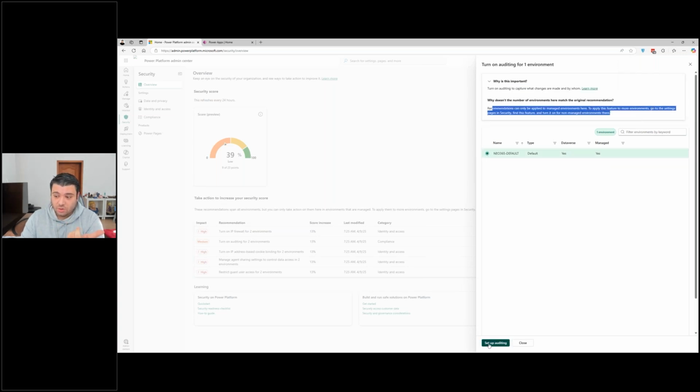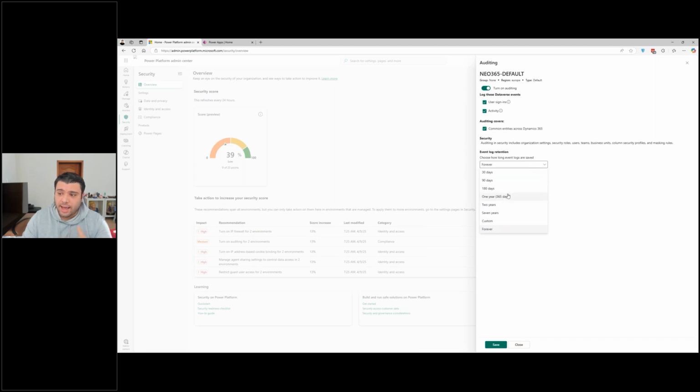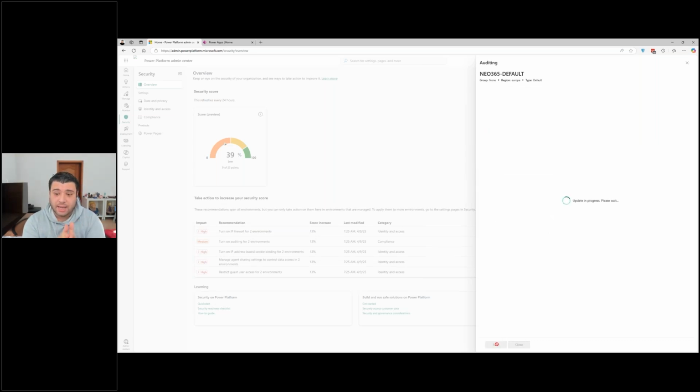Which environment you set up the auditing by in the admin center, and you have to do this for every environment you have. I'm going to turn this on, user sign-in allowed, activity allowed, and then the retention. I can go for a year as an example, and if I click on save, well, now I applied auditing, which is phenomenal for my environment because I know my user activity, I can know the usage of my